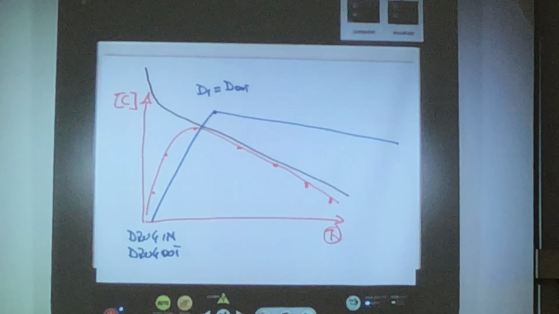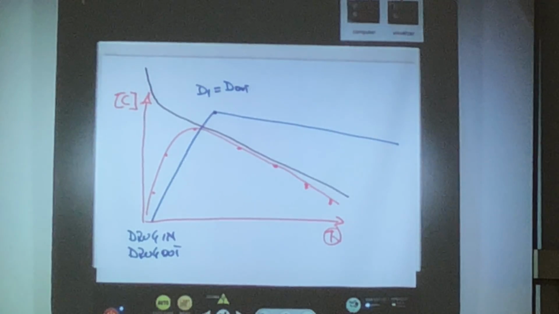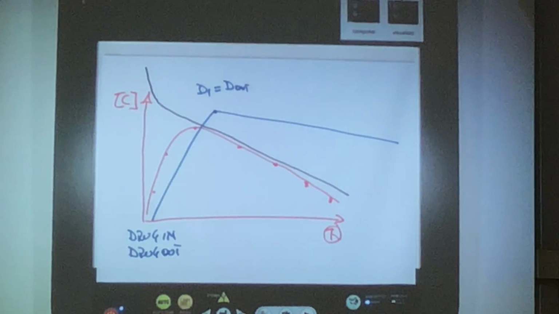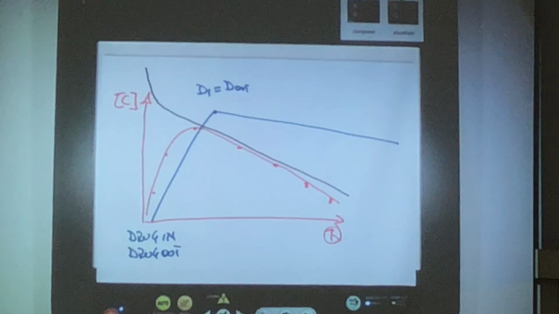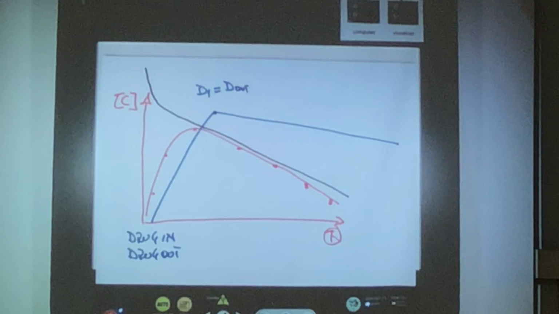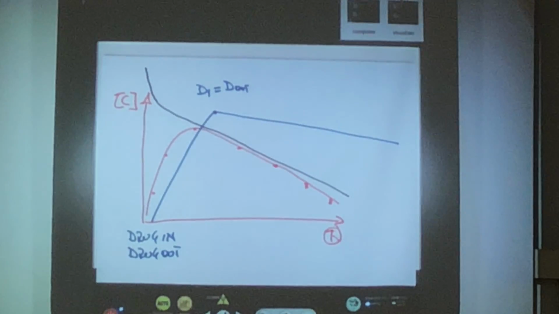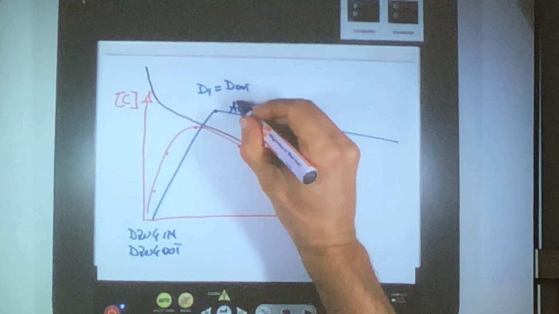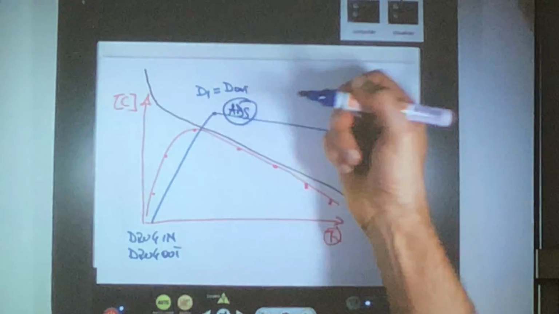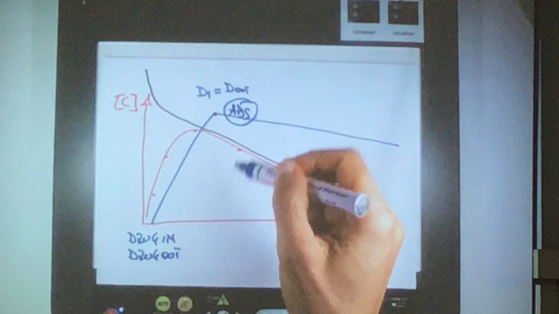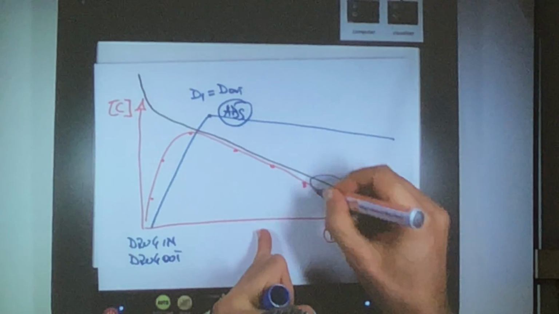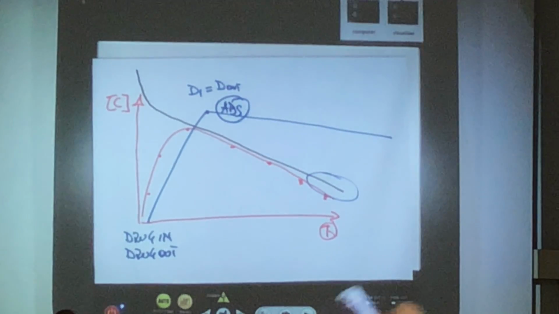This usually happens, for example, with sustained release formulations, in which the drug is constantly released, time by time. In this case, we call it the flip-flop effect because the absorption in this phase is still important,